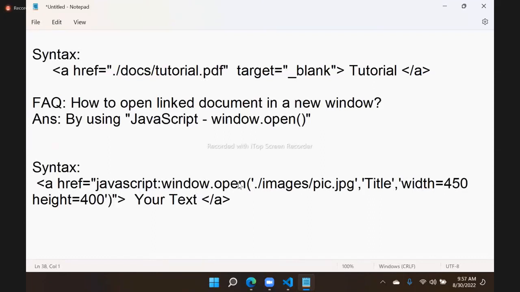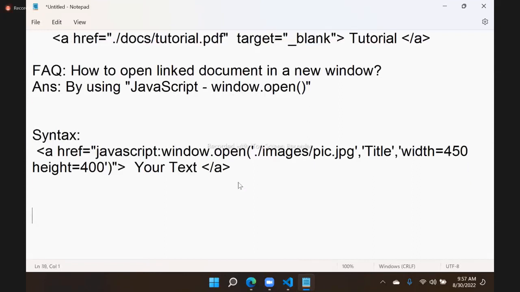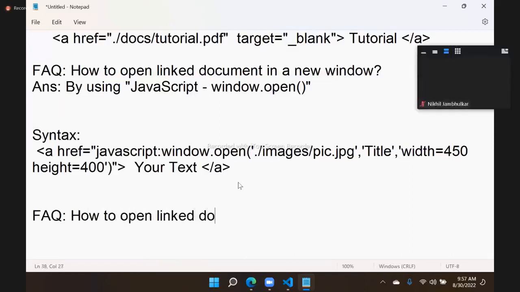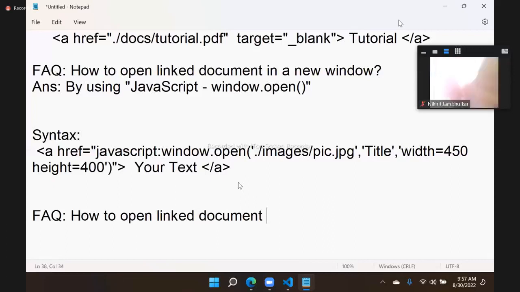And this is not an HTML concept. This is related to JavaScript, but you have to use it regularly. When you learn JavaScript, you can do more with this. So as of now, we have seen how we can open in a separate tab and how we can open in a separate window. Now, another important question here is how to open the linked document in the